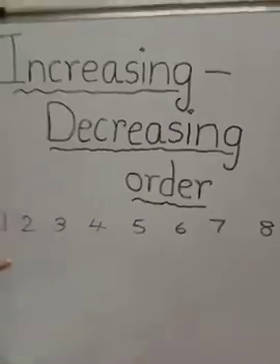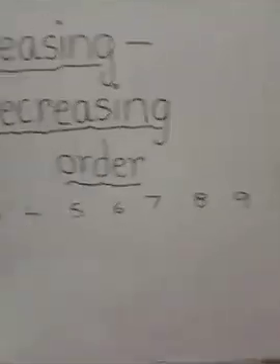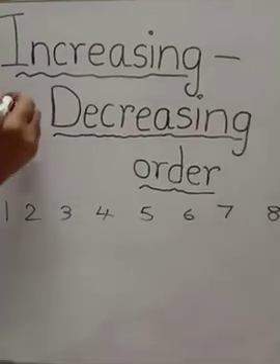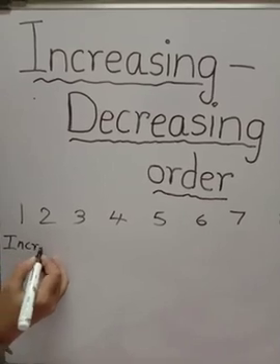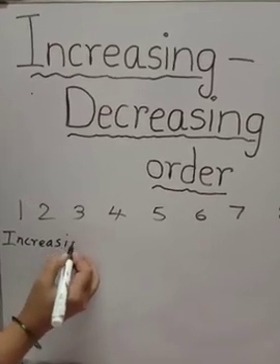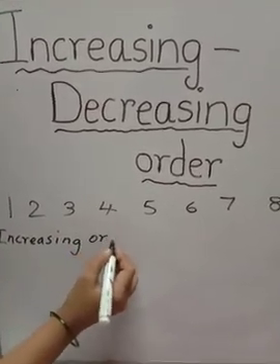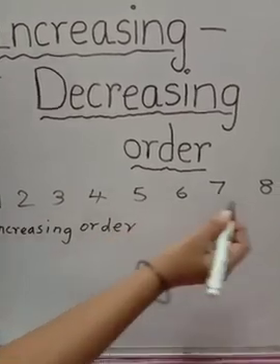These are the numbers 1 to 9. If we have to write the increasing order of these numbers 1 to 9,